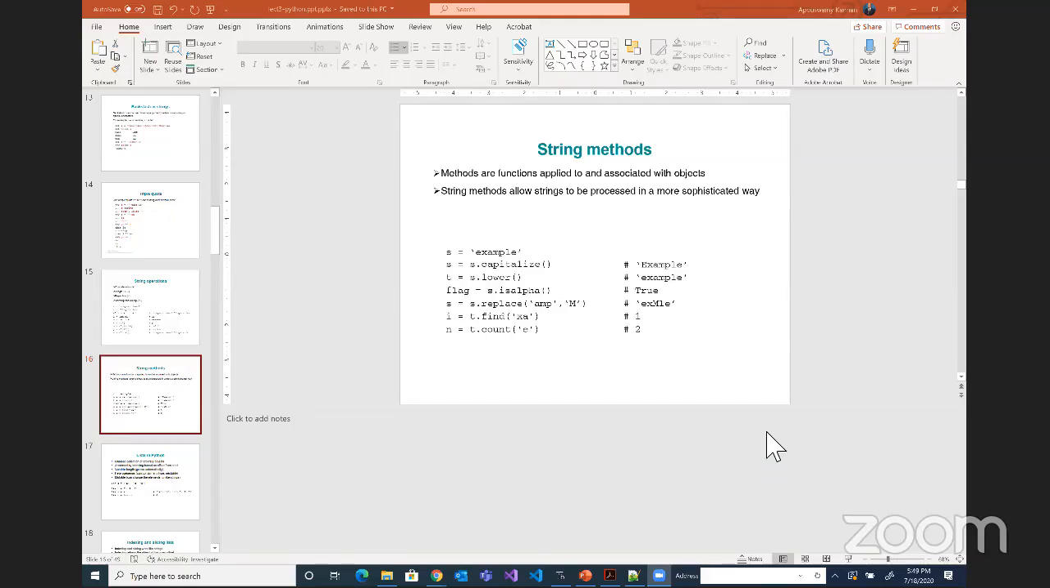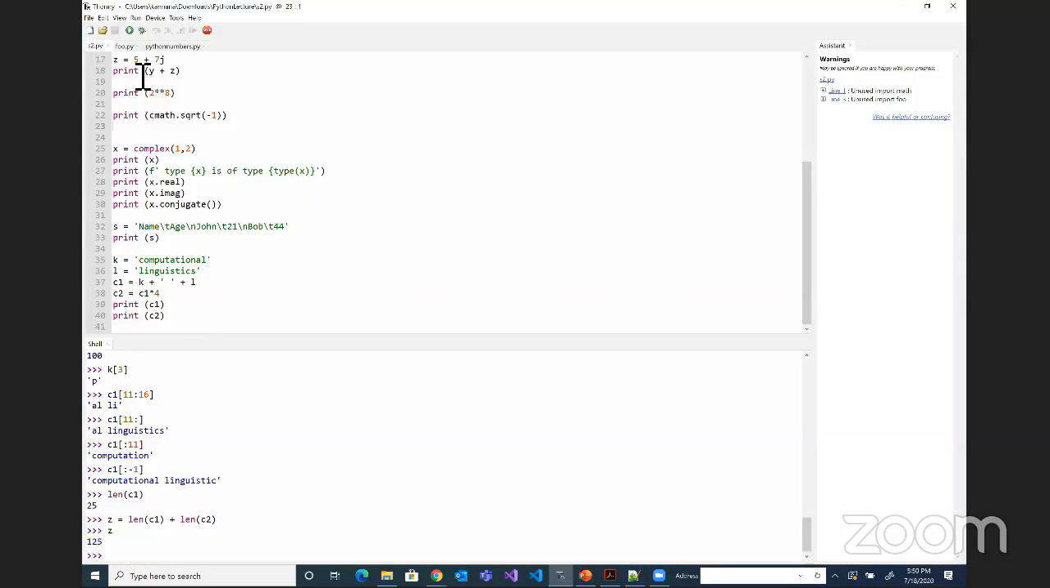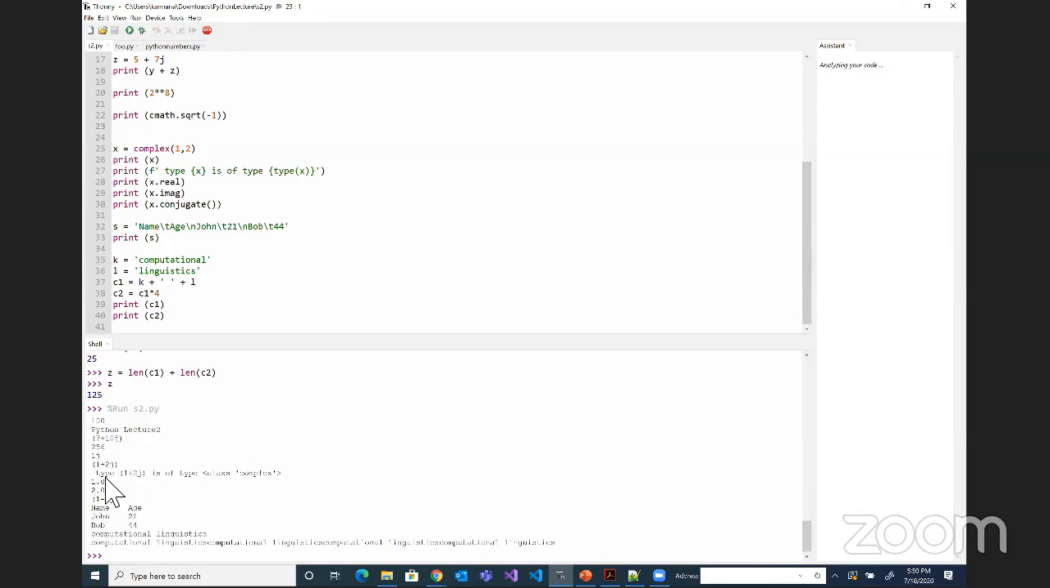Okay, so the next one is string methods. Methods or functions are applied to and associated with objects. String methods allow strings to be processed in a more sophisticated way. So for example, let's go back to the example and run this code again. So we have C1 equals computational linguistics. So if I do C1.capitalize,